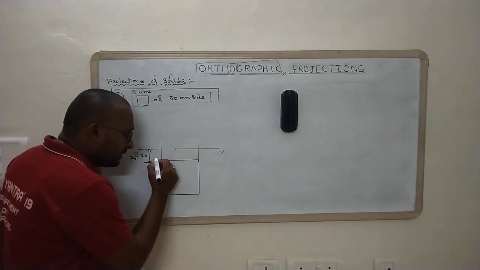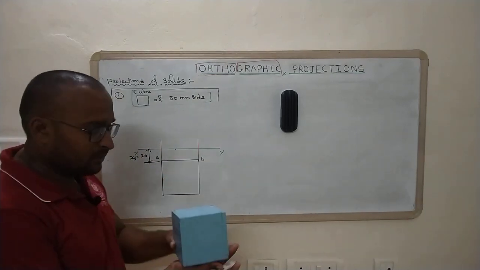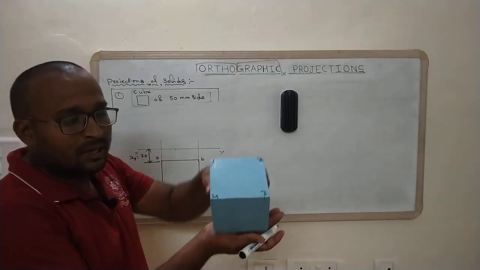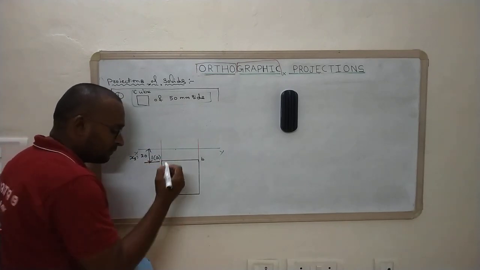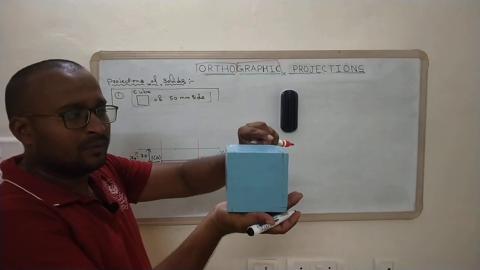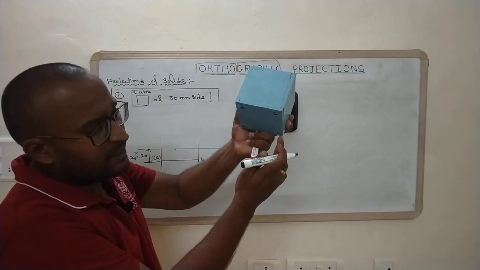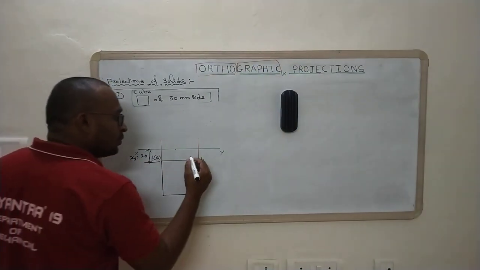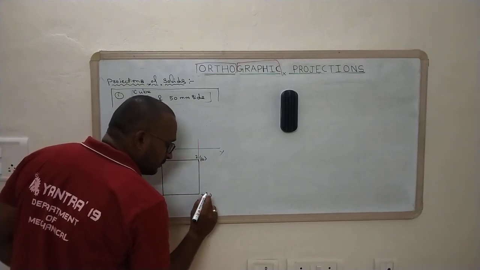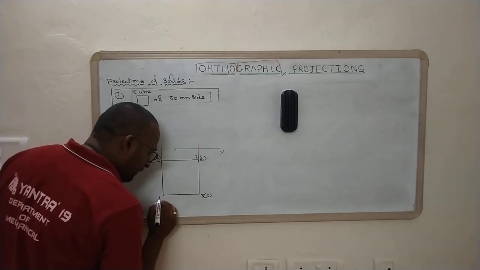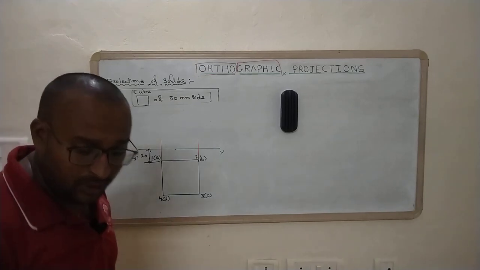So here we will have a notation A B. When we see from the top view, the first number plane will be visible, so that is 1 of A. In the second step, 2 of B, because here we will have a 2 and bottom side we will have a B. So 2 of B, 3 of C, and then 4 of D. Now we are going to project onto the top view.